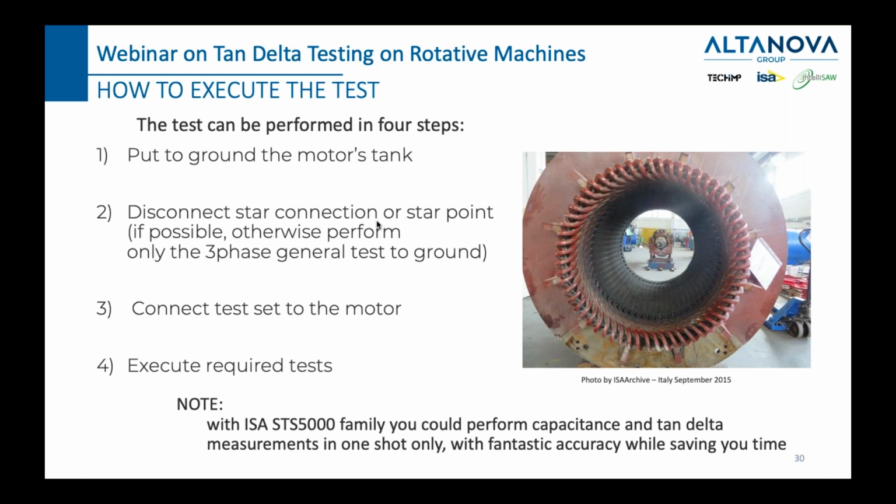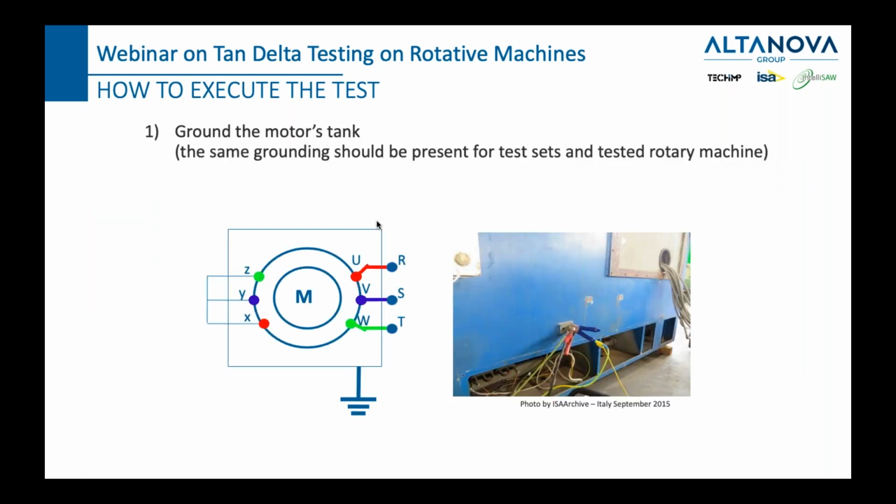The third step would be to connect the test set to the motor, and 4, execute the required tests. Now this looks pretty simple, but let's see what it looks like in practice. If we have a motor, so this blue stuff you see, that's a big motor, and we have connected the